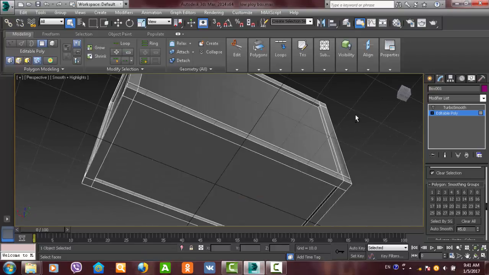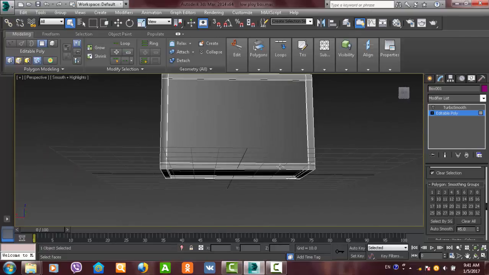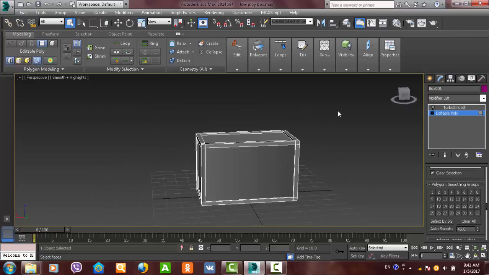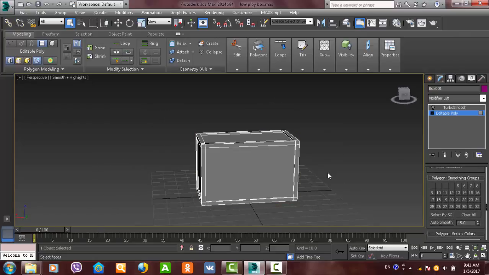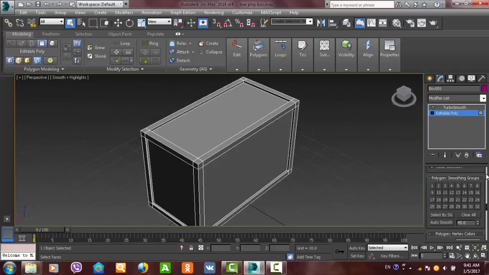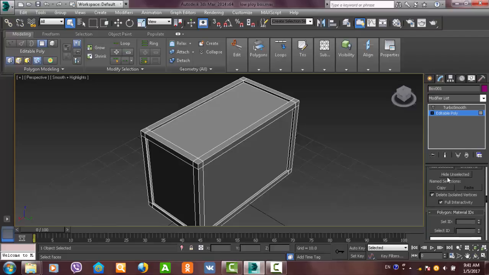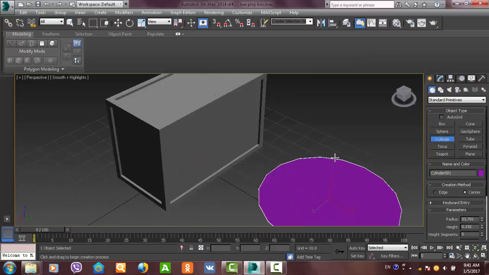But for this object, I don't think that we will need this thing. So let's just disable them, or let's say auto smooth. Basically, when the object is created, it automatically puts on the smoothing groups on its own. But sometimes when we have issues, let's say if we have created a cylinder,